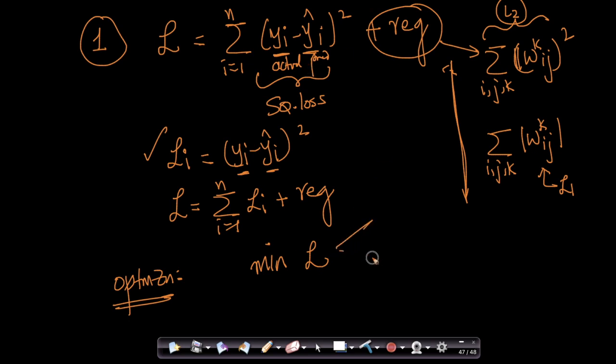So L has two parts. L has squared loss and it has a regularization. But what are the variables here? Your variables are your matrix W1, your matrix W2, and your matrix W3. In other words, I can write this optimization problem as,